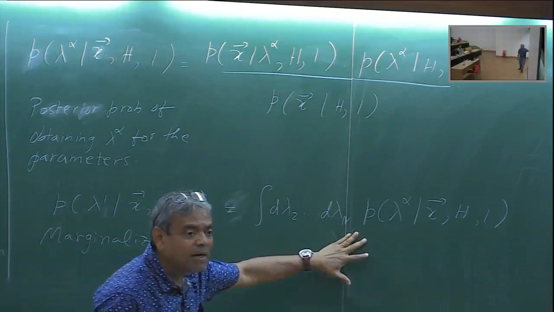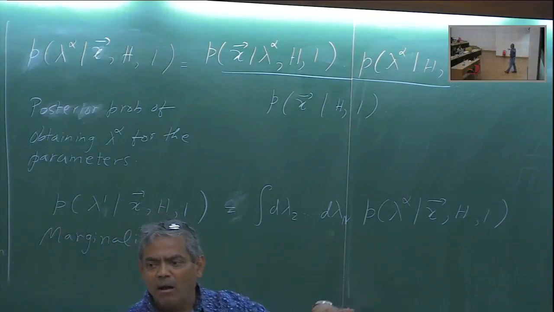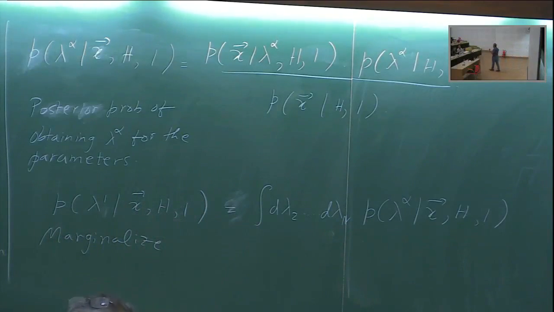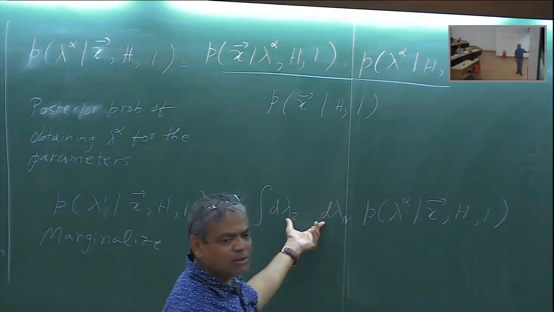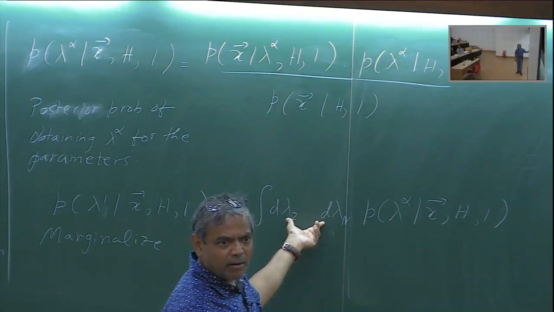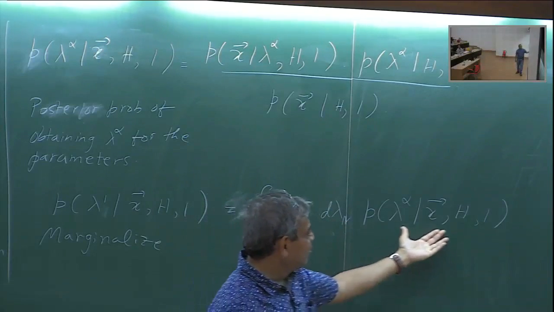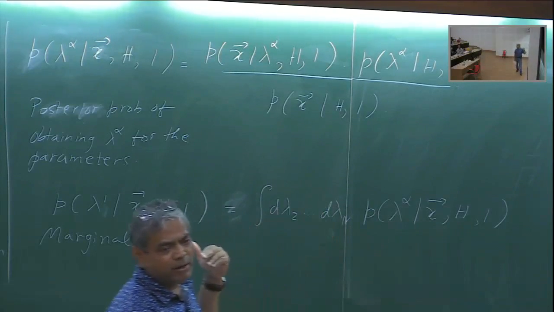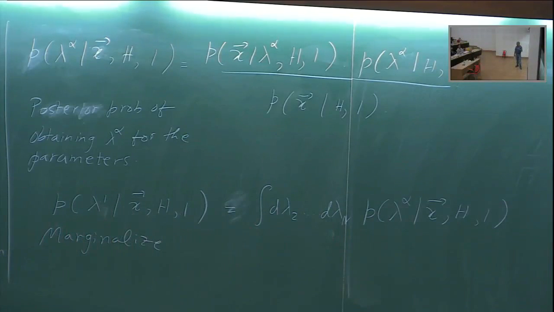But these integrals oftentimes are very hard to do. As you can see, this might be very large dimension, 10 or 15 dimensions, and that has to be evaluated over that. And that's where one has to invent new methods, and I'm going to talk about that tomorrow: Markov chain Monte Carlo, and others.